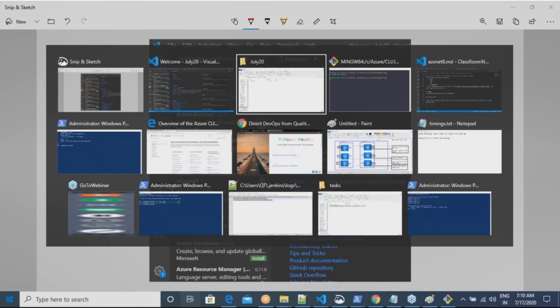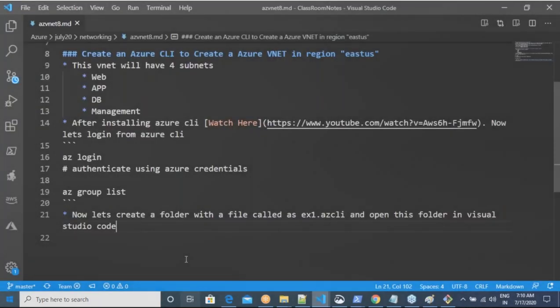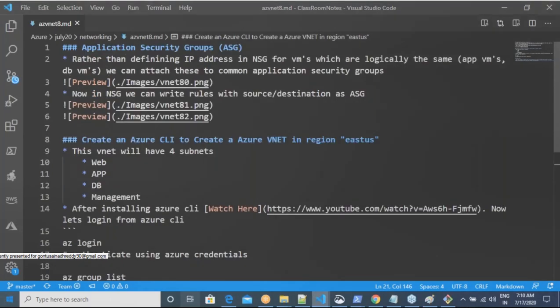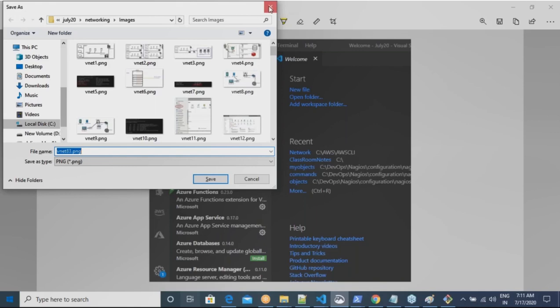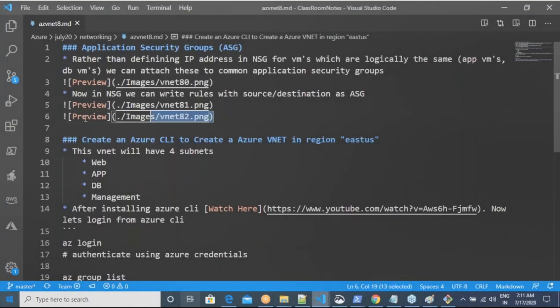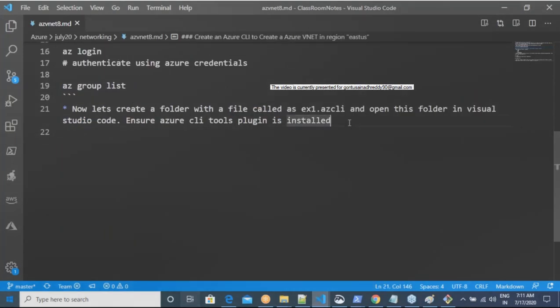You need not have this plugin, but it will help make your life simple. That's the reason we are using it. Ensure the Azure CLI Tools plugin is installed. I think I've spoken about this already in the video about configuring the plugin, but still.